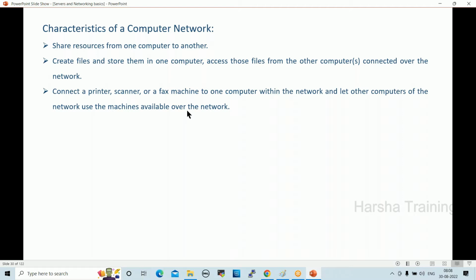For example, let us take a school. In the school, 5 floors are there. So in 5 floors, instead of configuring 5 printers, we can configure only one printer as a network printer. For example, the printer we configure on the 3rd floor or 2nd floor. From any floor, you can print the documents. Through the network, the request will go, right?